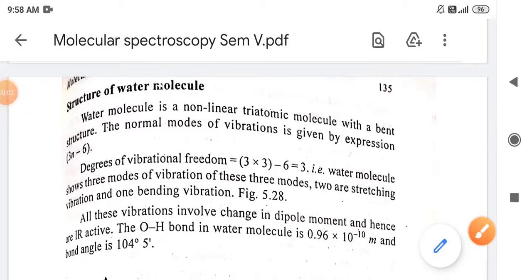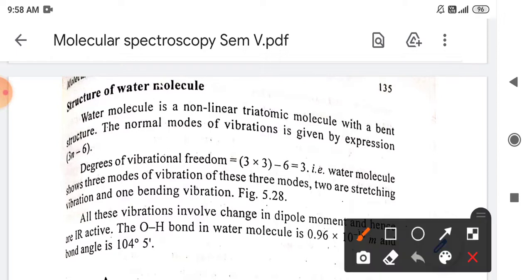So we have finished with the rotational and vibrational spectroscopy. There we have seen some numericals, and we have obtained certain mathematical formulas for the various energy changes, and we have also seen some selection rules. Now we'll apply this knowledge of our rotational motion as well as vibrational motion to some real molecules.